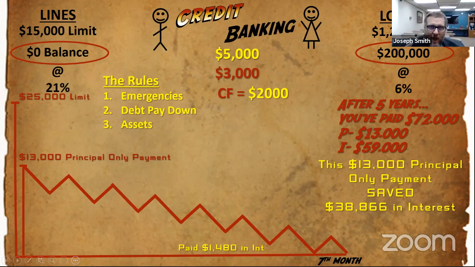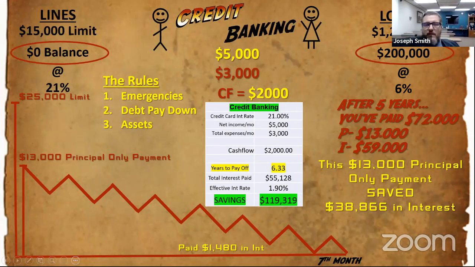You actually have gotten in your time machine. Imagine being Marty McFly and you get into the DeLorean and you go back to the future, right? 4 years, you make a principal only payment of $13,000 and you've now traveled 4 years into the future. You skipped over all of that interest you had to pay. You don't have to pay it, right? You start where the balance is currently at and you start making your payments there again. And so what did we skip over? We skipped over $38,866 in interest. Folks, not only are you saving money by paying things down faster, but you're also saving money in interest that you're not having to pay.